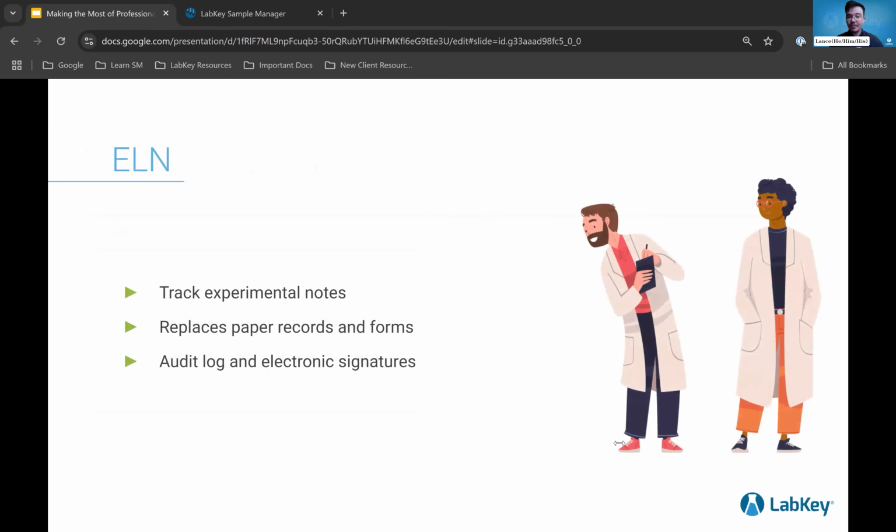Once we're done with our experiments, and maybe while we're doing them, we can track our notes in our ELN, or our electronic laboratory notebooks. So we can use our ELNs to replace paper records or forms through kind of templating them in Sample Manager. This kind of helps reduce